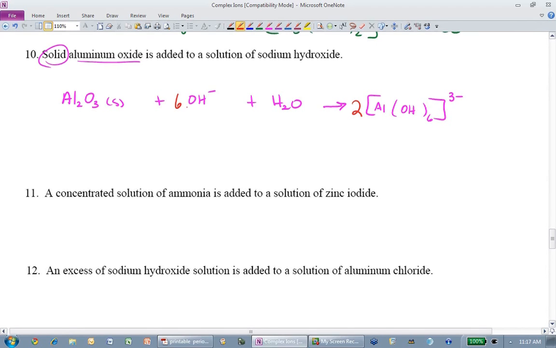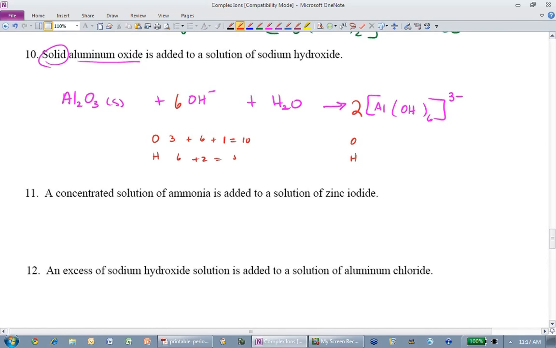So I got 2 aluminums, no worries. The O's and the H's get a little hairy. So I'm going to make a list, which I don't normally do, but I'm going to get lost on this one. Because I have 3 sources of O's on the left and only 1 source on the right. So I have 3 O's plus 6 O's plus an O, which I should write as 1. Isn't that 10? So 10 oxygens,